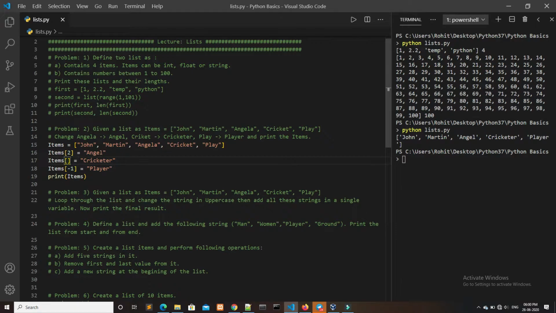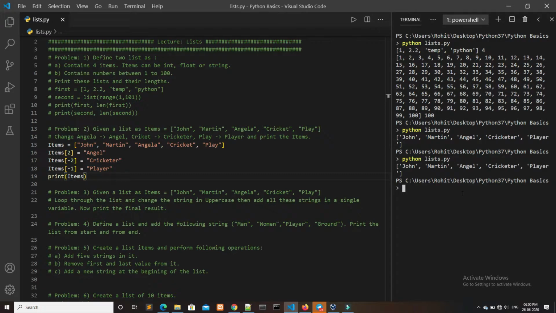Here we can write -2, and to check it I will print, and we can see we got the same value. Okay, so this is the solution of the second problem. I will comment these parts and we'll go to problem number 3.